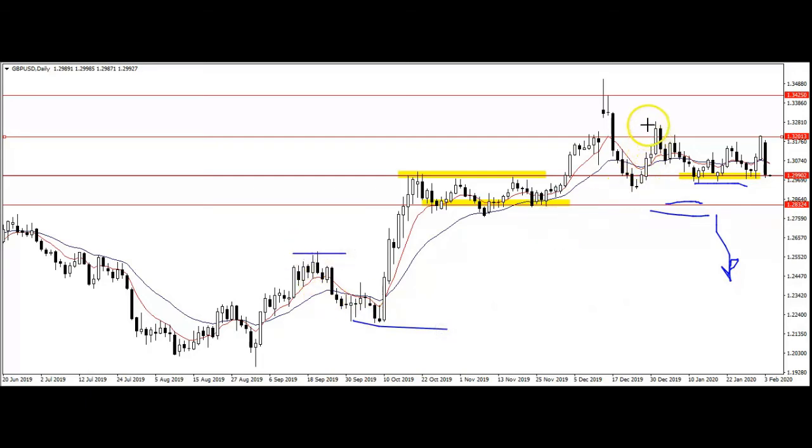But failing that, if we get a close above this area here, then that could very well open the floodgates to price going back to its high. So there's nothing to do at this stage from a price action point of view. Again, our charts are set up waiting for an event. As traders, we spend most of our time waiting, as you know,